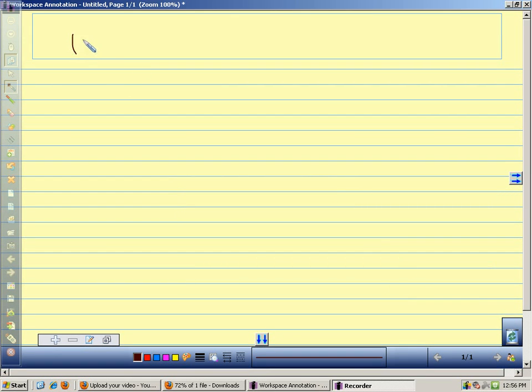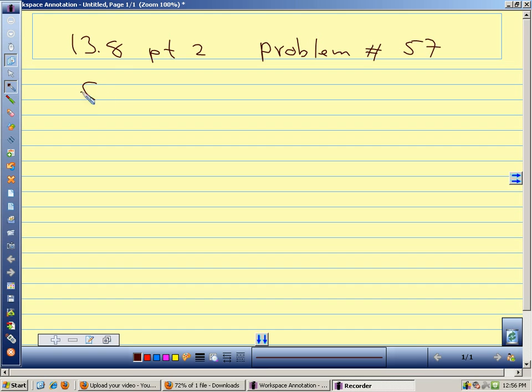All right, we're looking at section 13.8, part 2, and this is problem number 57, one of our optimization problems, looking for an absolute maxima and minima. So we are looking at f of x y equals x squared plus x y,